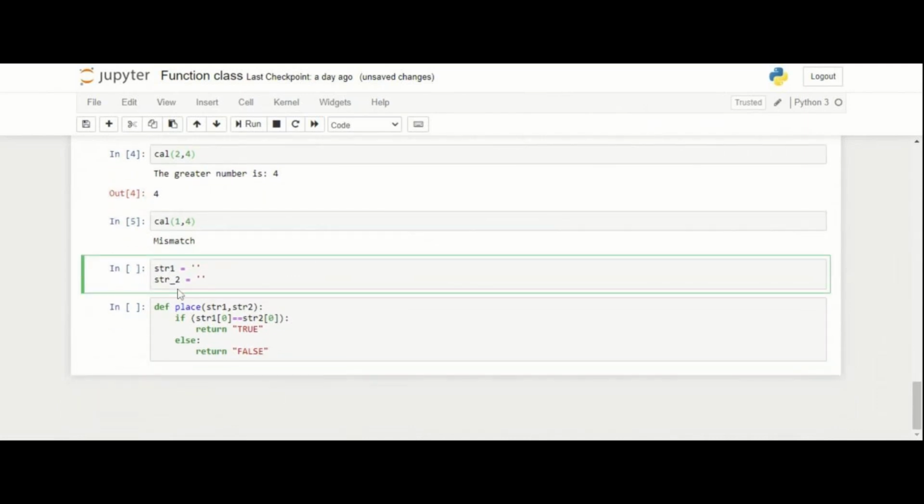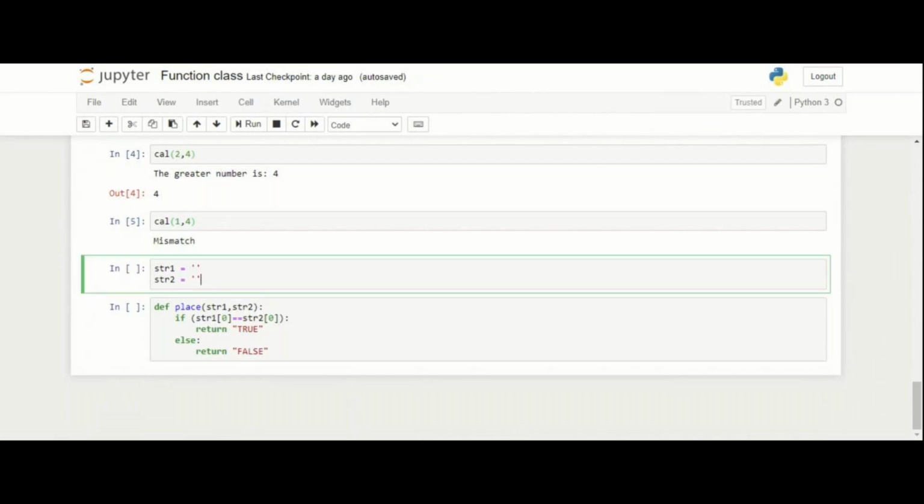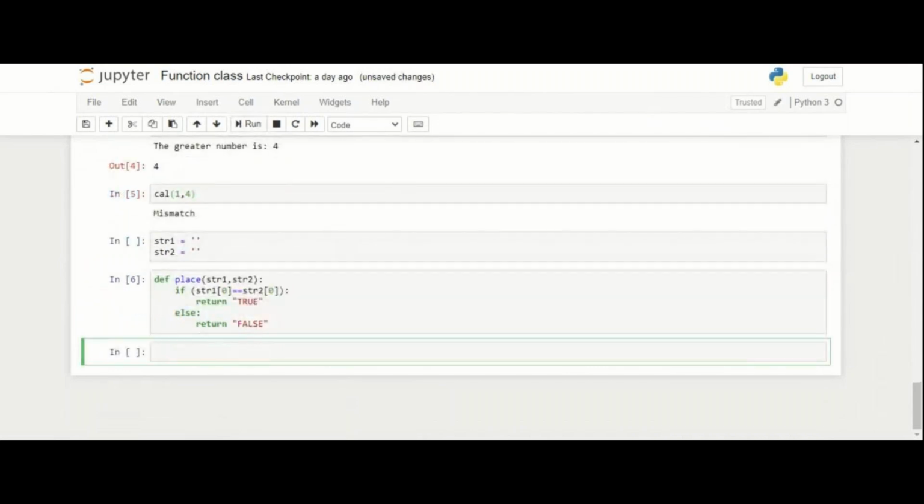So let me define something as, tell me some place. So let me run this. So I have run this, right? Okay. So now my function is place, and inside place I am giving, suppose, Marathalli.